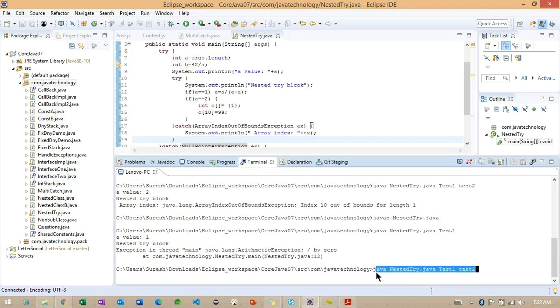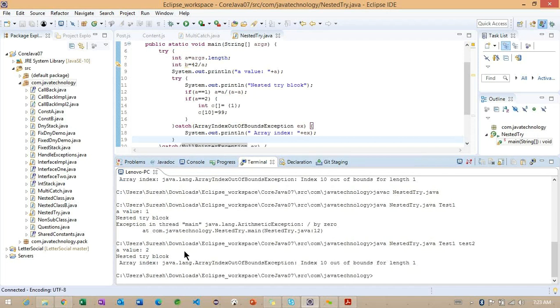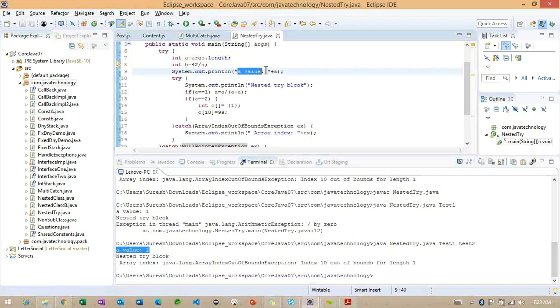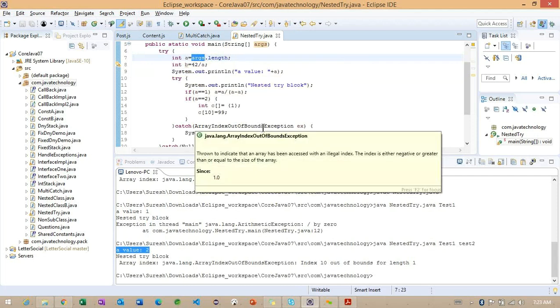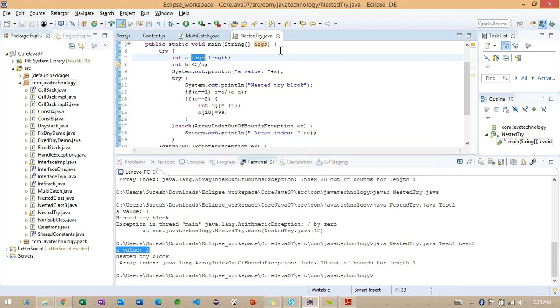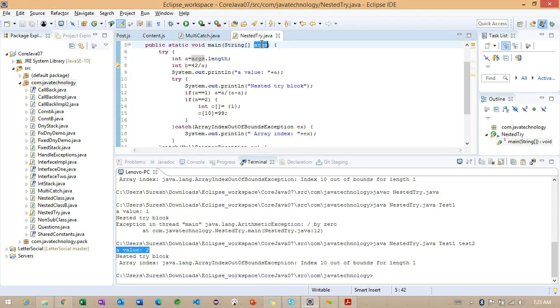This is the way we need to specify the two arguments. Test one is going to be taken as the first argument, and test two as the second argument here. We can see we are getting the value 2, which is the length, 2. If you try to print them one by one, you are going to get an output here. So what are the values we are getting inside these arguments?